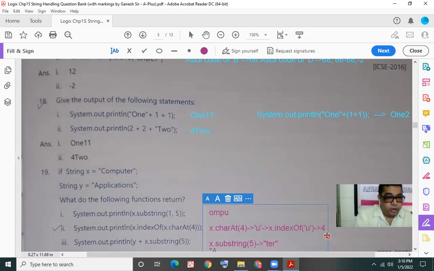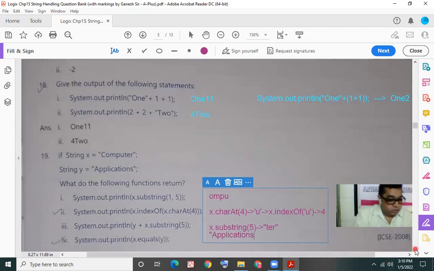So your string y, which is applications, should be concatenated with these three letters we got. So it would be applications, concatenated with TER. Applications, and then TER.